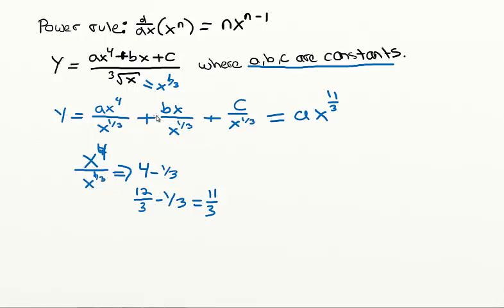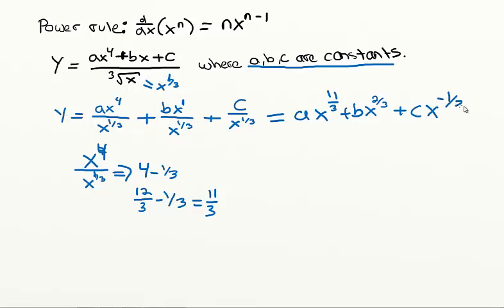Now we're going to do the same thing with our bx over x to the 1/3. So now we have an x to the 1 over an x to the 1/3, so we're going to subtract 1/3 from the 1. So 1 minus 1/3 is going to give us 2/3. So we're going to get plus bx to the 2/3, then plus c, and we can rewrite this c over x to the 1/3 as cx to the